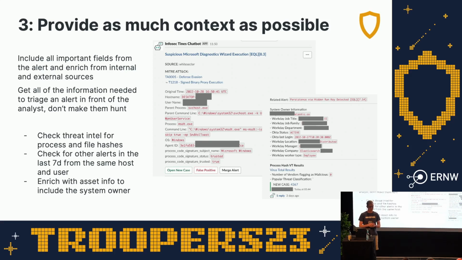Provide all the information from the alert. If it's a process alert, show the parent processes, show the owner, show the system. I'm going to get into later how we use our asset database. We enrich all of our alerts, so we have the system owners all in a database. And so we can say, okay, this alert is owned by this user. This user is a member of this cost center, because we have our HR records in there as well. So now when I see mimikatz.exe getting run, if it was a member of Justin's team, I can say, okay, it was probably somebody doing research. But if they were a member of accounts payable in our HR department, I get very concerned, and we respond in a much different fashion.